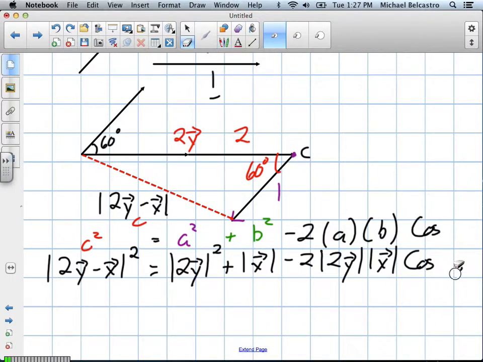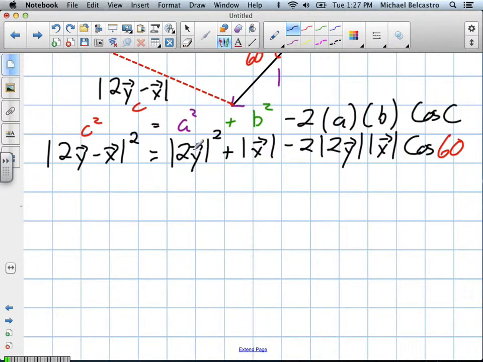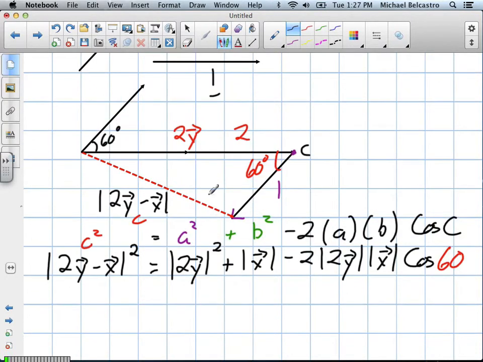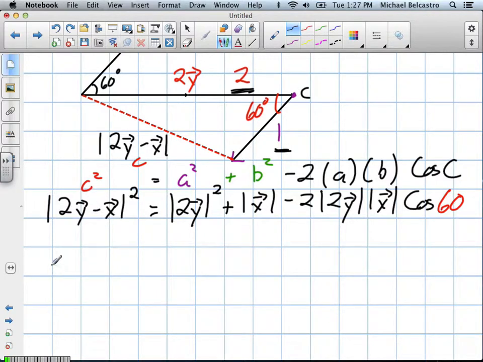We'll replace C with 60 because we knew it was 60. Here's our 60, known as our cos C. A lot of times in your book, they'll write things out as magnitudes of vectors, relating it to the cosine law. Now we can replace this, because the magnitude of 2y is just a value of 2, because it was a unit vector, just like the magnitude of x is just a value of 1. So the magnitude of 2y minus x, squared, is equal to 2 squared plus 1 squared minus 2 times